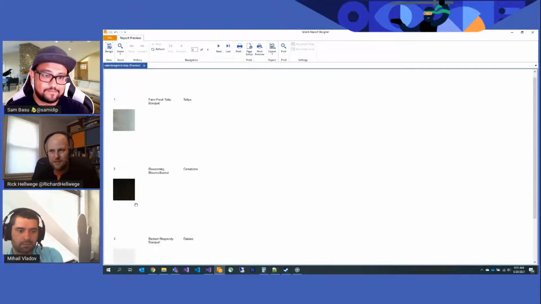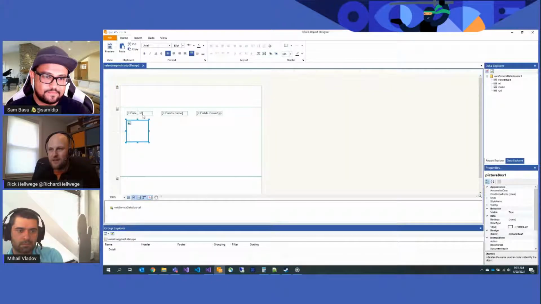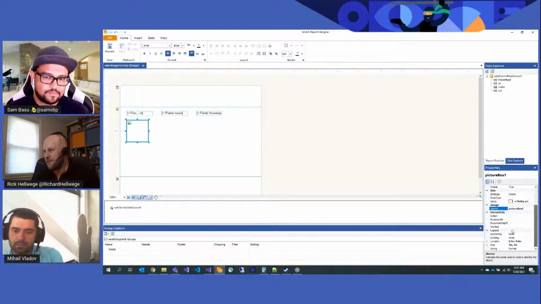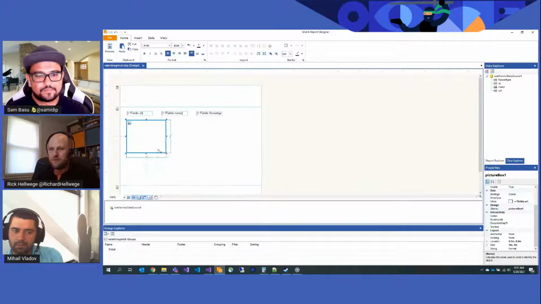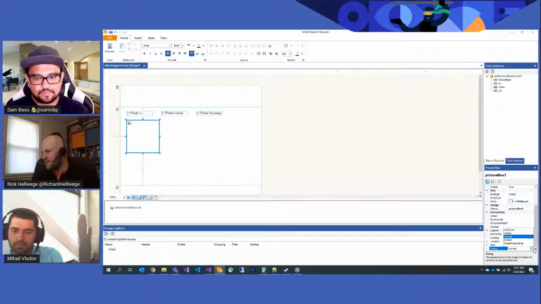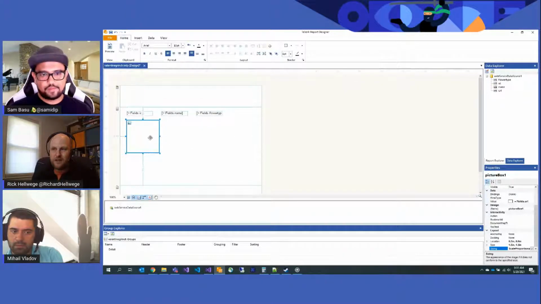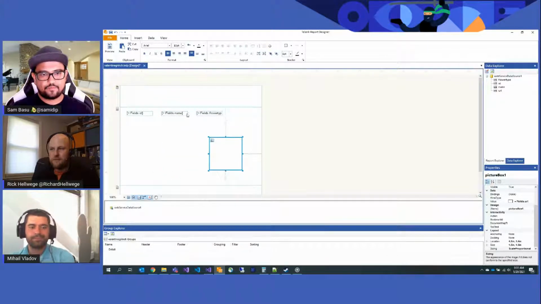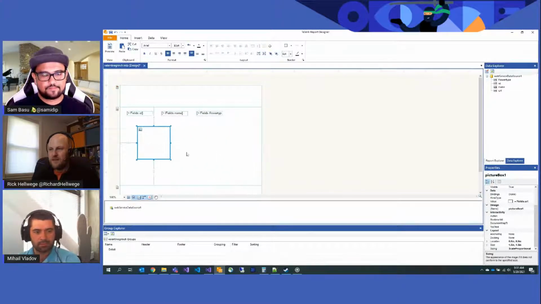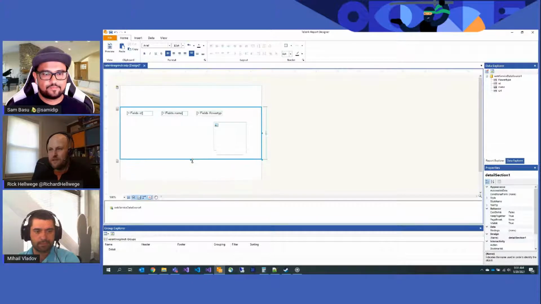So we have some pictures coming through, but we can't really see much. What's going on here is that by default, the picture box is going to show the image at its full size, and it's going to clip anything that doesn't fit. So if I make this much bigger, we'll see more of the image. In this case, I want to constrain it to the size of the picture box. So you go to the sizing properties, and you have a few different options here, but I like scale proportional. I don't want to accidentally skew my image, but it will scale it proportionally to fit within the bounds of this picture box. And we'll put it over here for now.